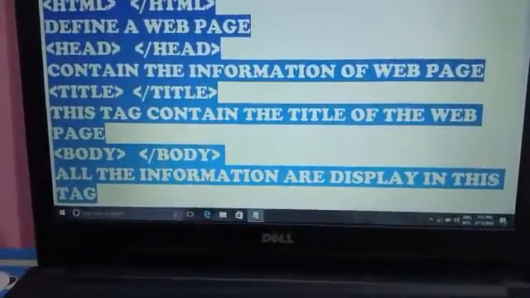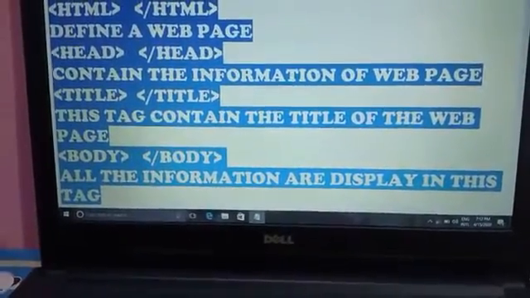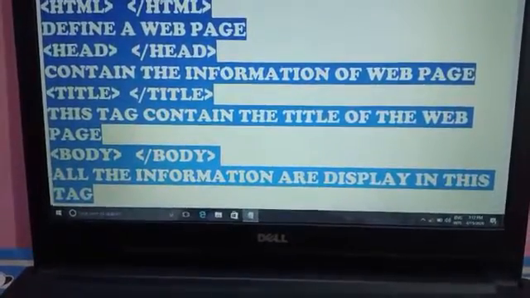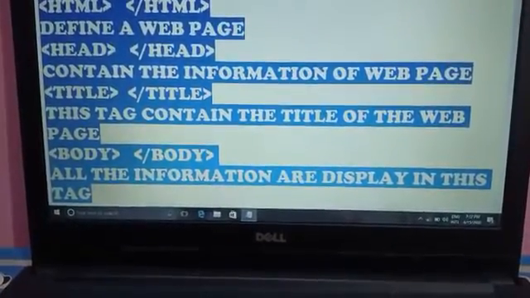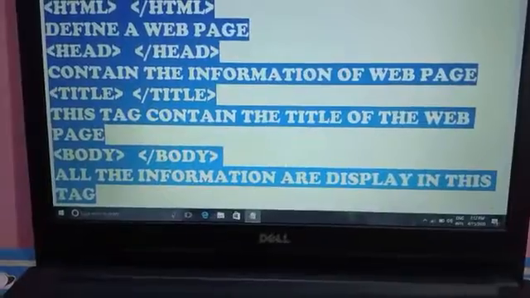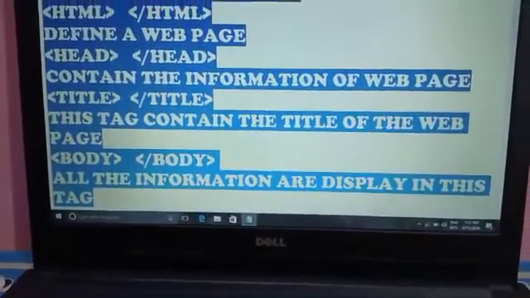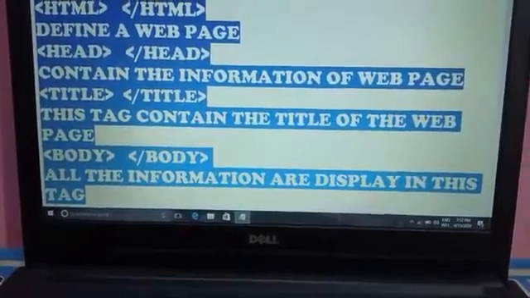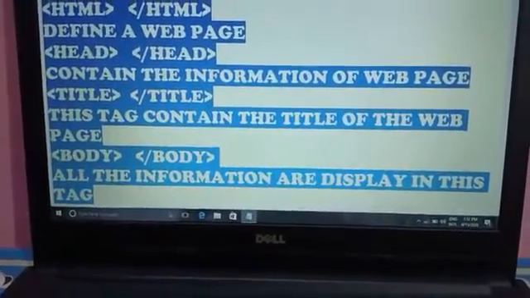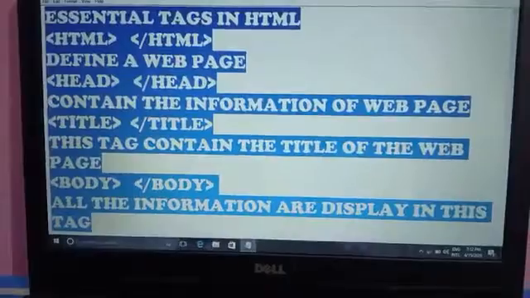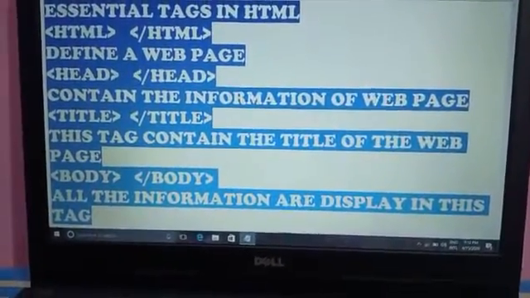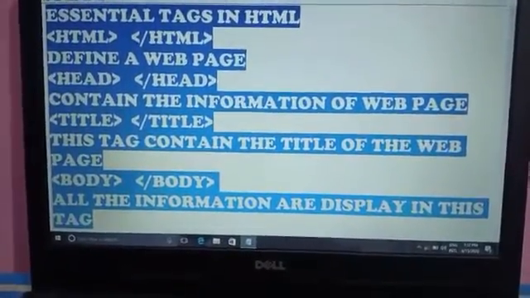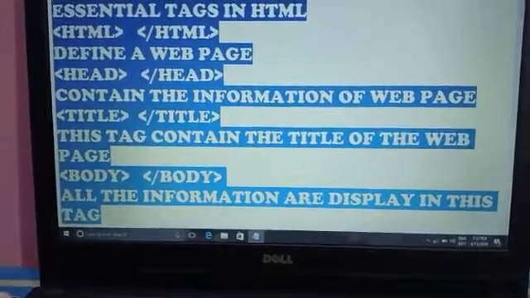And body tag, which contains all the information displayed in our web page. All the information we want to show on the web page comes under the body tag. These are the essential tags. Without these tags, we are not able to design our web page.